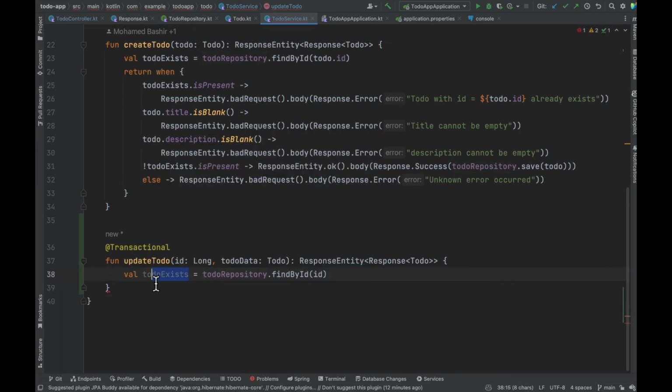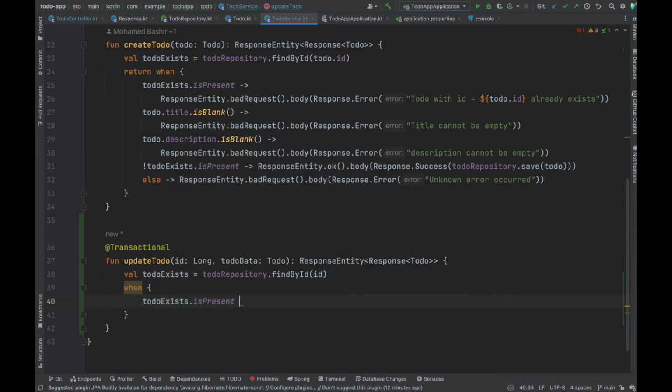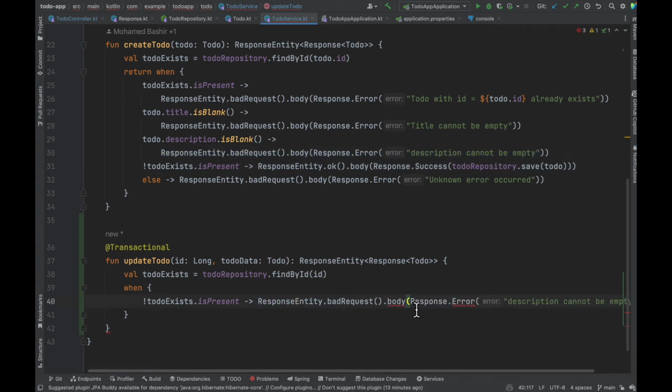So we have to check if the to-do item that we want to update exists. If it exists, then we can update. So let's use when, todo.isPresent. So let's actually check if it is not present. So if the to-do doesn't exist, then we need to return an error. So let's just copy this and return that and say